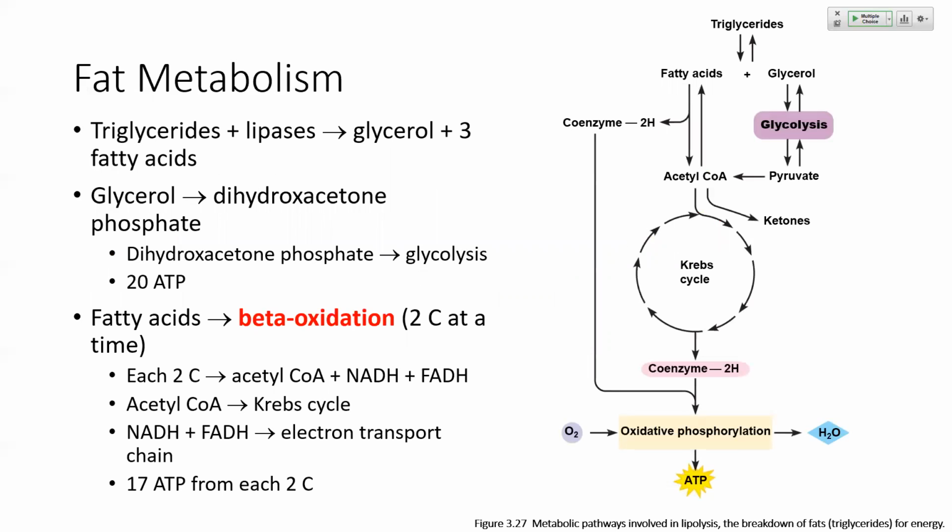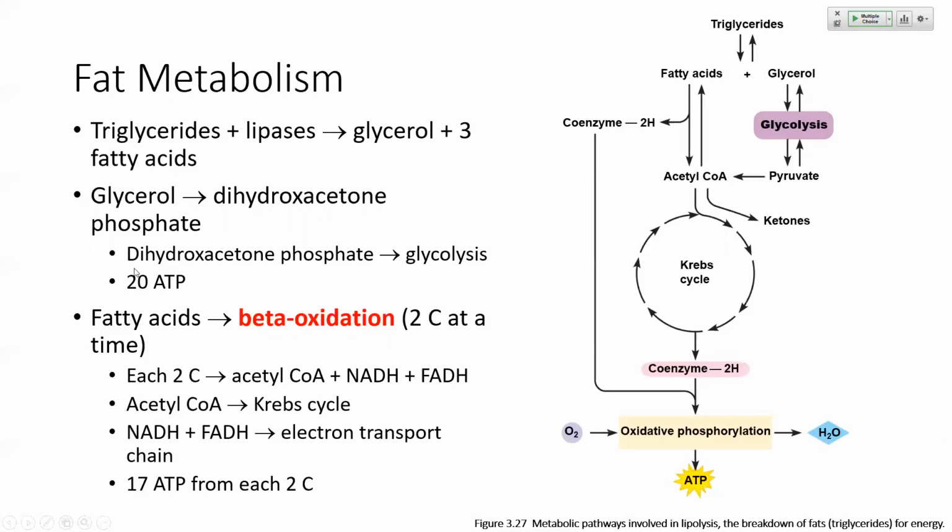So let's look at fat metabolism. There are 2 big umbrellas or 2 big categories of fat metabolism. We know our triglycerides can be broken down to their 2 components via the enzyme lipase. We kind of talked about lipase as an example of an enzyme last time. And that will break it down to its 2 further parts, glycerol and fatty acids. Now the glycerol can be converted to dihydroxyacetone phosphate, and that can enter glycolysis. So glycerol can produce a byproduct that can directly enter glycolysis, and that will yield us about 20 ATP when